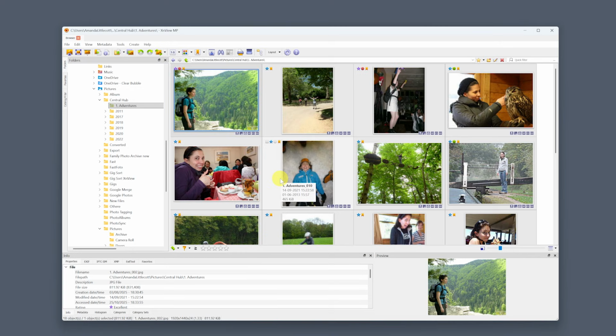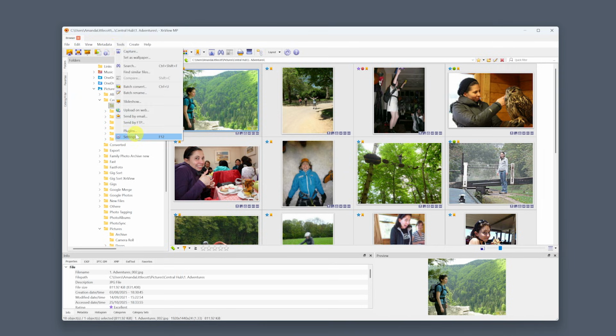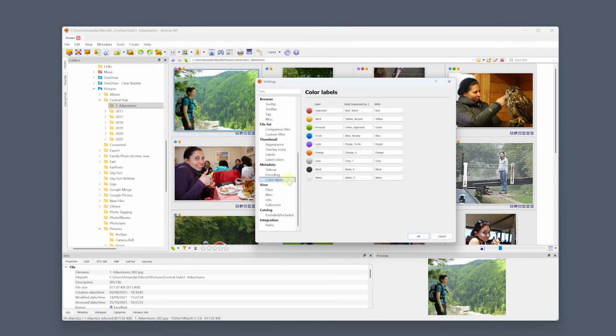This is where most people get stuck, but once you know the trick, it's easy. In XnViewer, go to Tools, Settings, Metadata, and Colour Labels. You'll see the list of colours with their names beside them, and most importantly, the column that says Write. Rename the labels so they match the Adobe wording exactly. For example, you could use red for important, yellow for work, green for personal, blue for to-do, and purple for